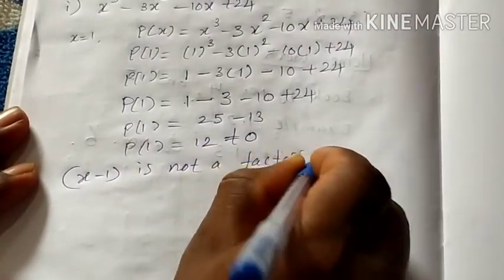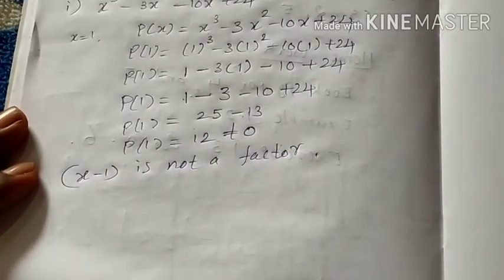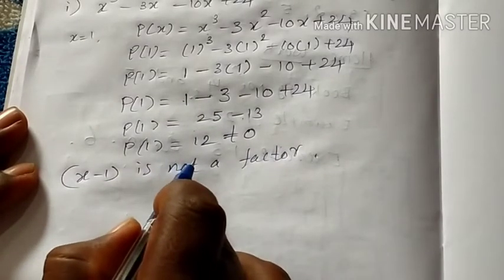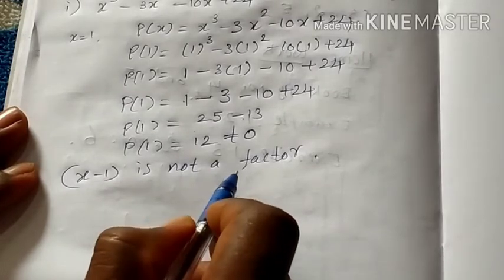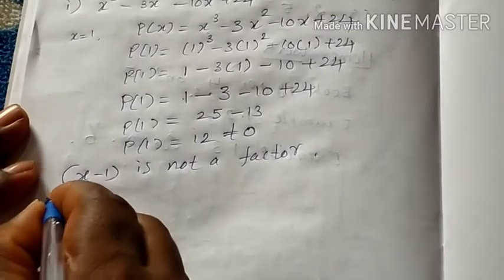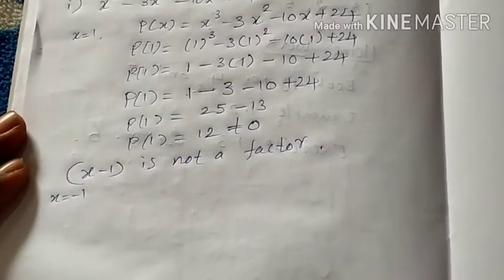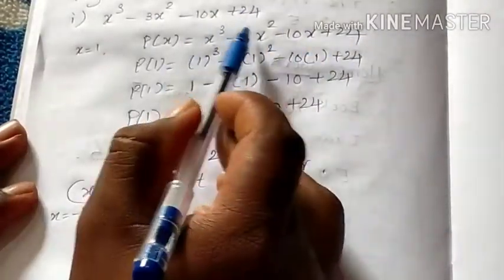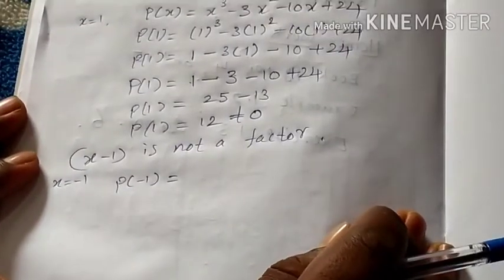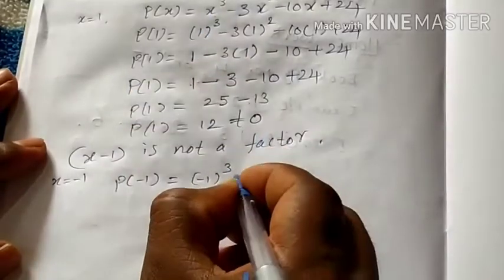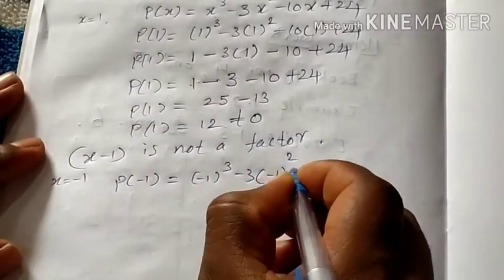Therefore x minus 1 is not a factor. First we have to find a factor of the polynomial. We have to search for different values of x by the trial and error method. Next, put x is equal to minus 1. So p of minus 1 equals, this is the given p of x, substitute minus 1: minus 1 the whole cube minus 3 into minus 1 the whole square